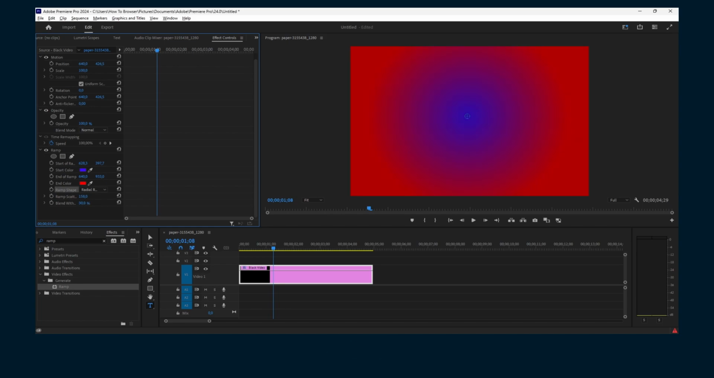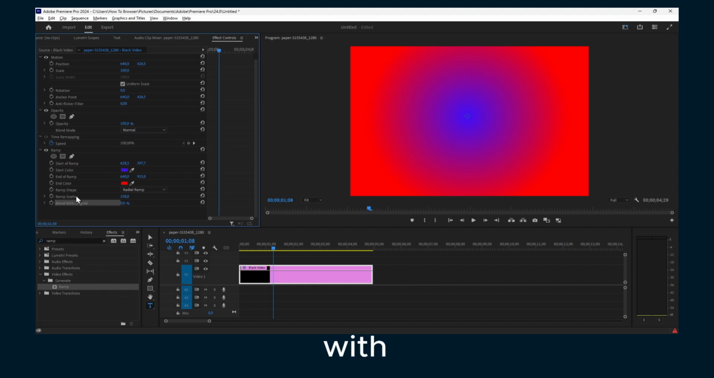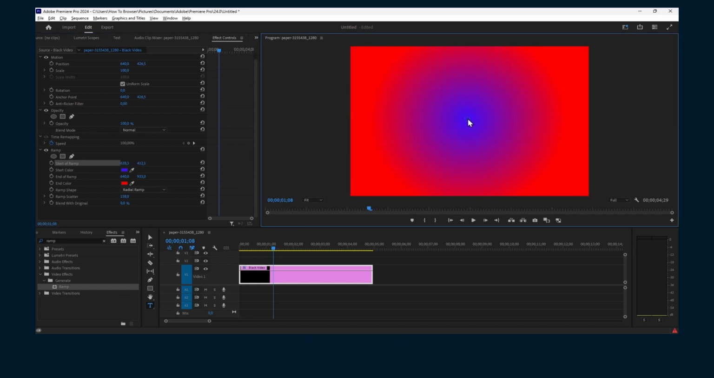You can also change blend with original, ramp scatter, start ramp. All right, and